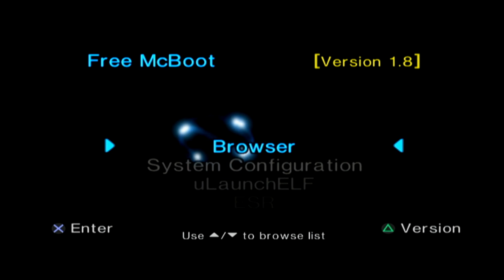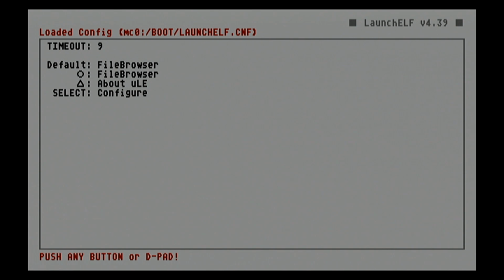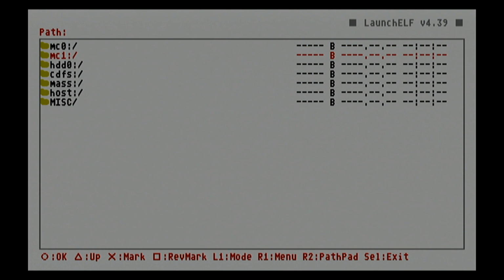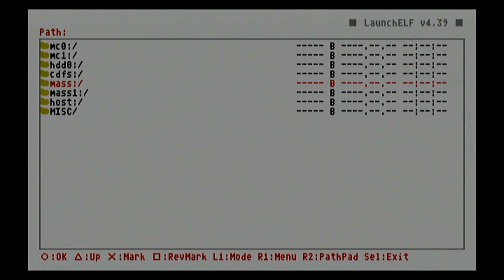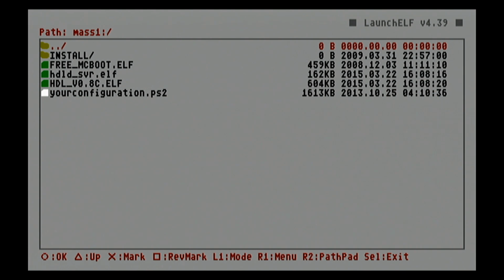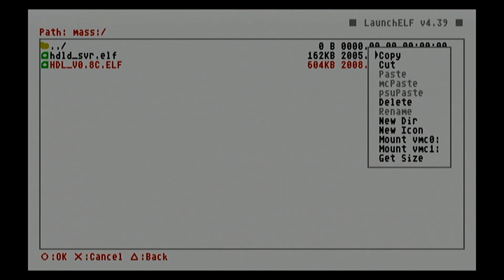Okay, once you're at this menu, you're just going to want to go to ulaunch elf. From there, go to file browser. This is the USB flash drive I just plugged in. This is one that I've hardwired in there internally, but we're not really going to mind that right now. What we're going to want to do is hit X to mark each file, hit R1 to go to the menu, and copy them over